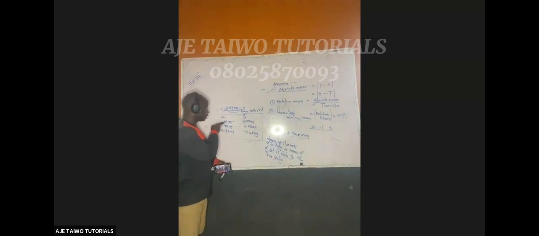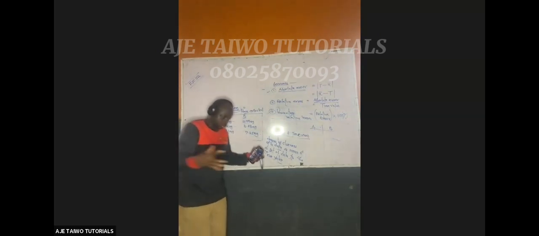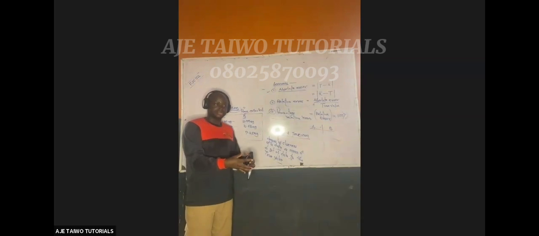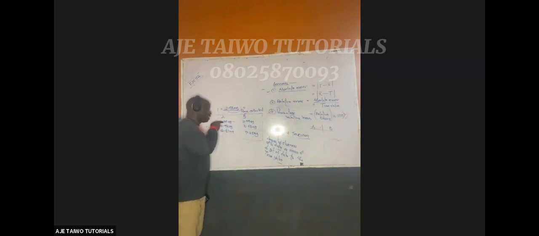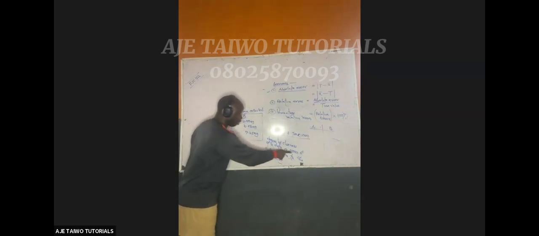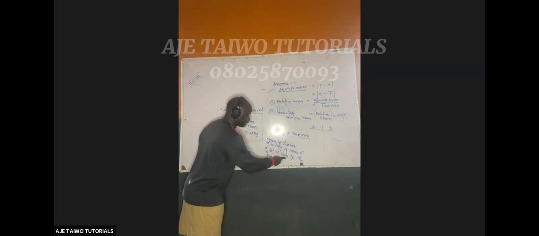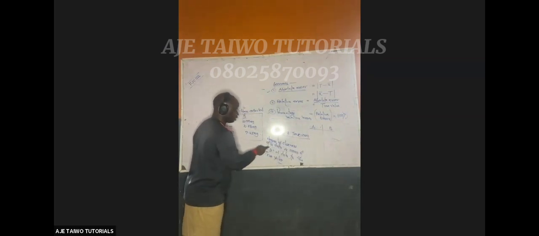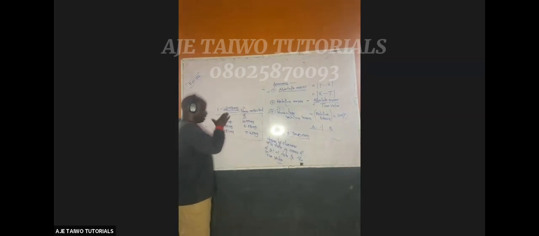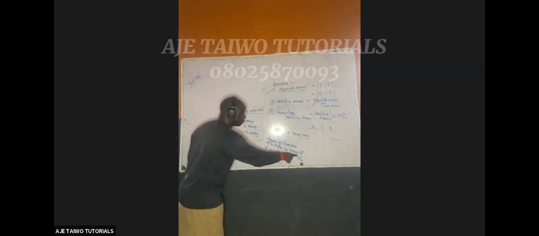Data are not taken in isolation. Data are taken together. Therefore, you will not compare 2.84 to this. No, this is not a single measurement. This is a set of measurements, or the mean of a set of data. If it's a single data, you compare one to one. But if there are many, you must use the mean.